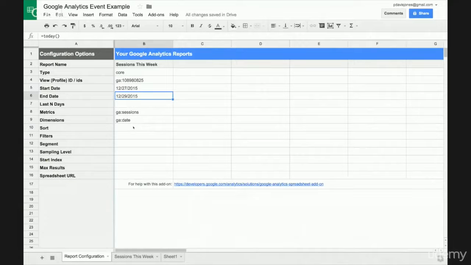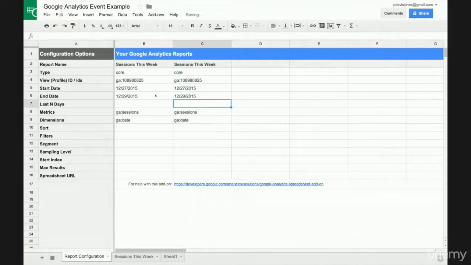You're going to notice here that there are a couple of things that you can mess with manually if you are experienced enough to do so, but it'll also help you understand what's happening here. So for example, this view profile or the IDs, this GA: whatever, this is your Google Analytics property. If you wanted to manually take this column, copy it and paste it over here, you're basically telling this configuration setup, hey, pull it from the same property. And what we're going to do ultimately here is create this column as a Sessions Last Week column,